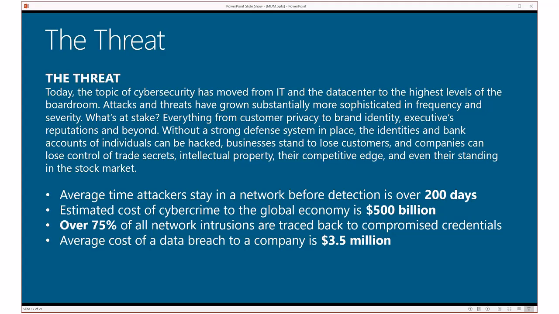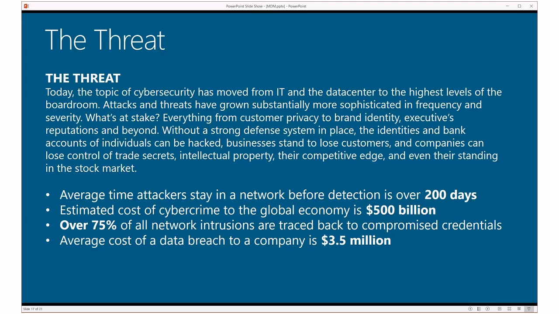But once something does happen, it's a matter of identifying that quickly, right? One of the biggest statistics that I find interesting is that a lot of times it takes on average more than 200 days to identify that an attack has happened. That's why a lot of the big profile breaches, where these organizations are losing 100 million people's credit card numbers, or large data dumps of information, happen: once those attacks have happened, they go on for long periods of time without being noticed, and the average is somewhere around 200 days.